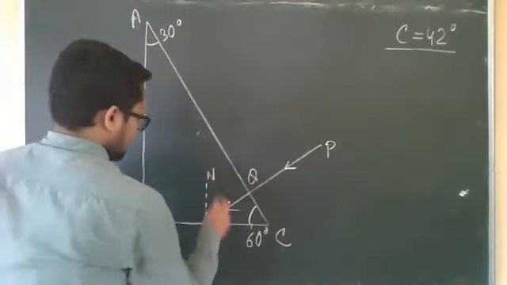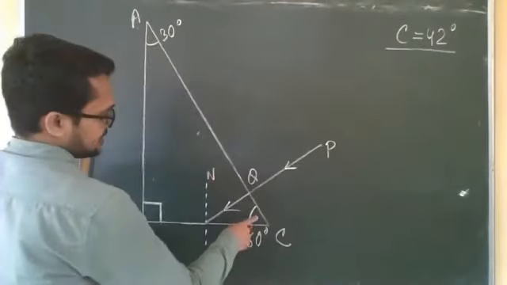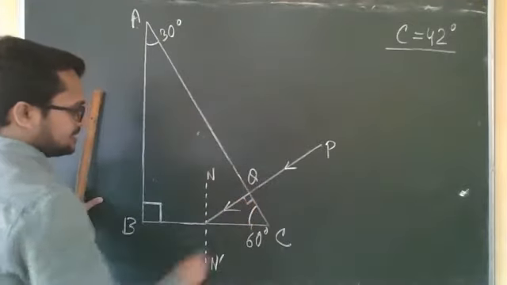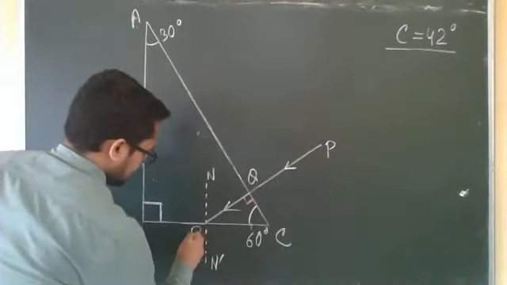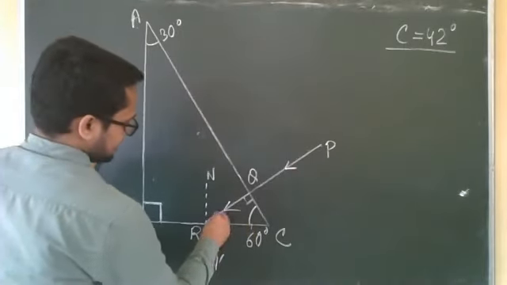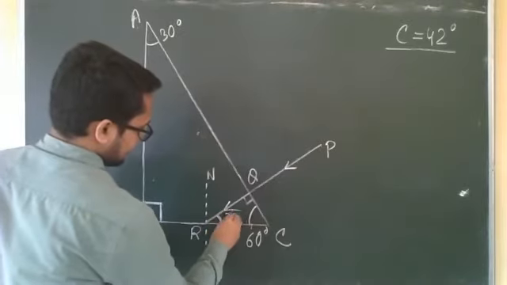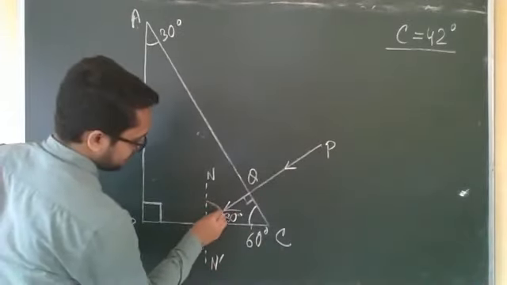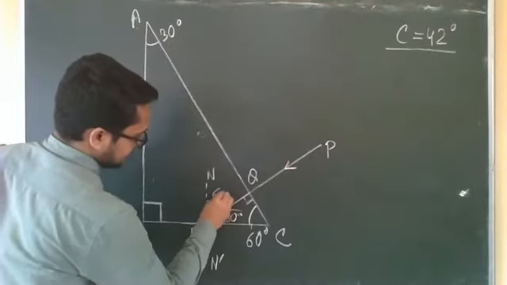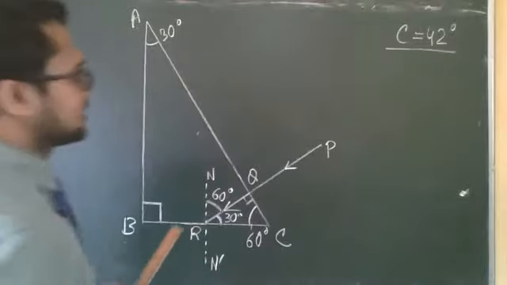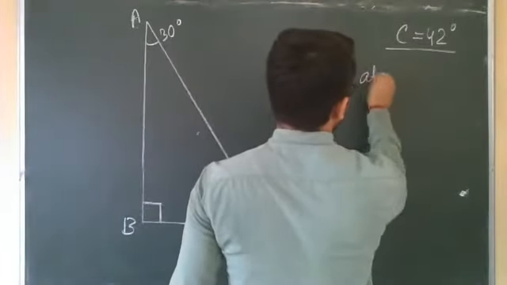So this is the normal, n prime. This is 60, this is 90. 60, 90. PQ. This is R. So triangle QRC. This is 60, this is 90. That means this is 30 degrees. This is 30 degrees, which means this one will be 60, because 30 plus 60 is 90. This is the normal. Now look at BC.